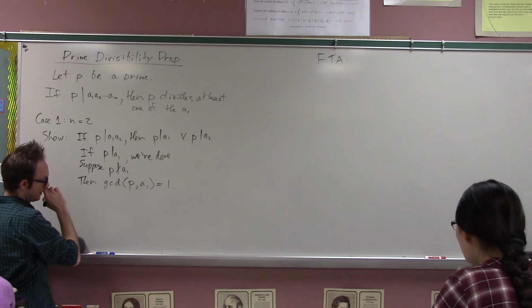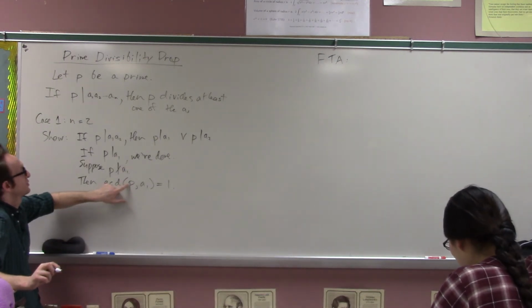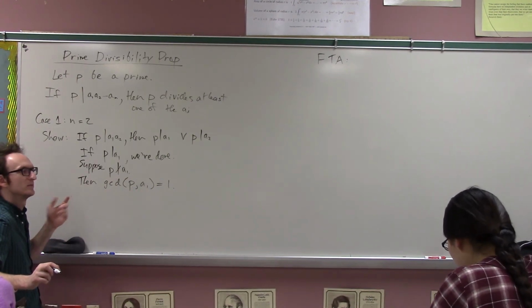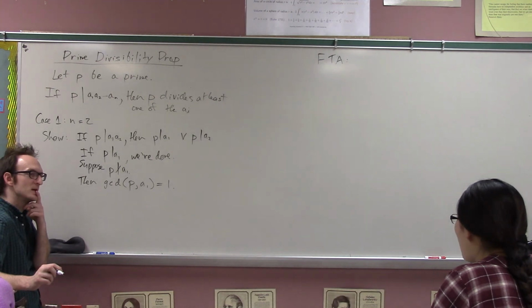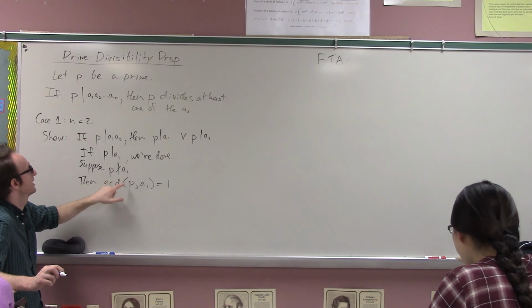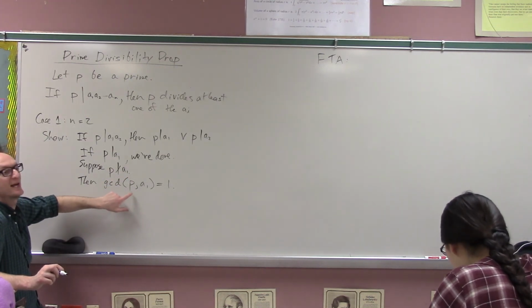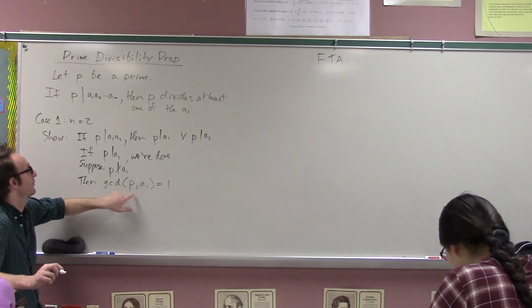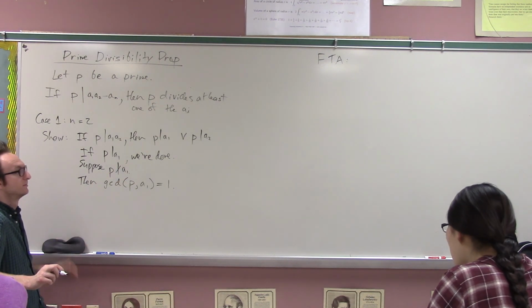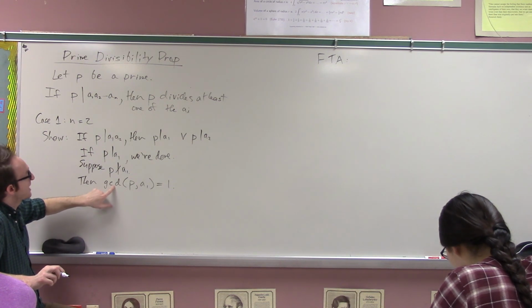Why is that true? Because the greatest common divisor of these two numbers, p and a1, has to be 1 because p is prime. If p doesn't divide a1, and the only factors of p are p and 1, and since p doesn't divide a1, then there's no other common factor. Wait, can you repeat that? Yes, I said it pretty poorly, so I will repeat it. I claim that the greatest common divisor of p and a1